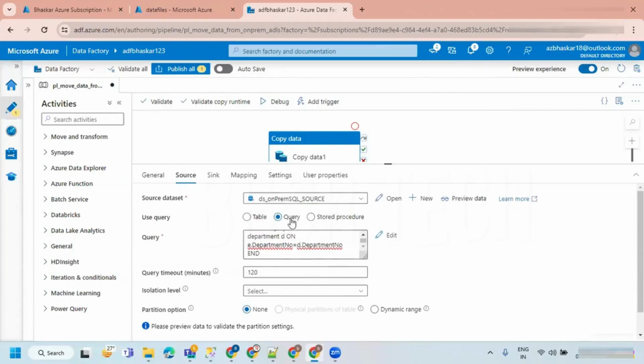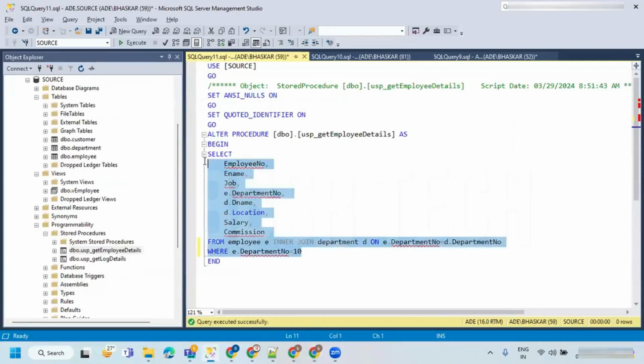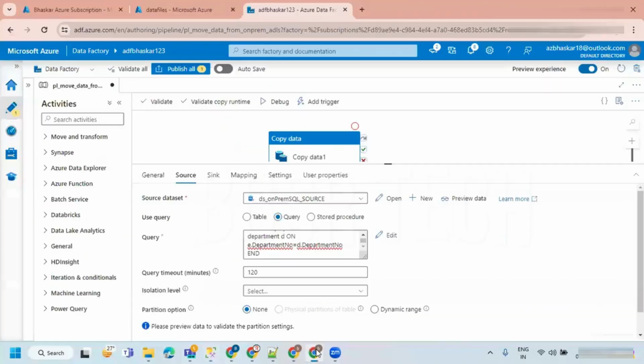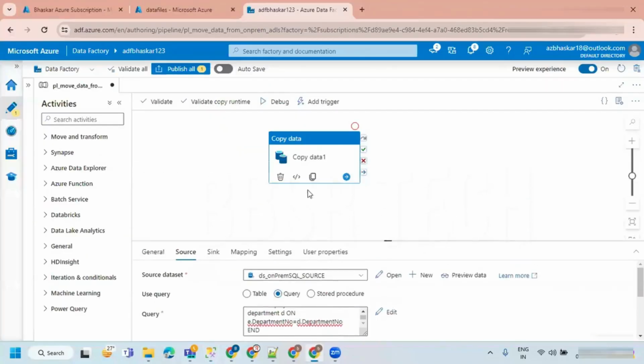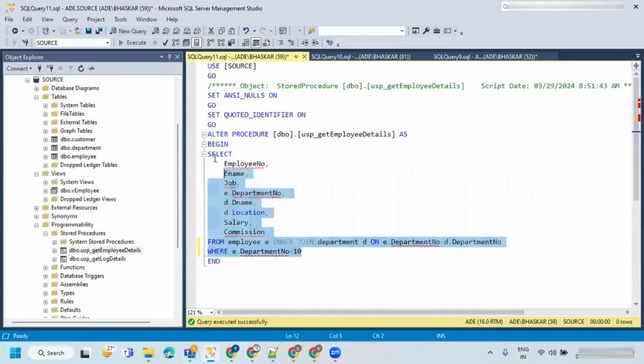Okay, so query means you have to go and write a query here. Directly you have to do the changes. Without opening the data factory, you can do the changes. If it is a stored procedure, you can do changes in the query itself. We don't need to touch the data factory. If we are writing the query in a stored procedure, that is also a query only, right? Stored procedure is what? Same query only. The only thing is, I added one more condition.